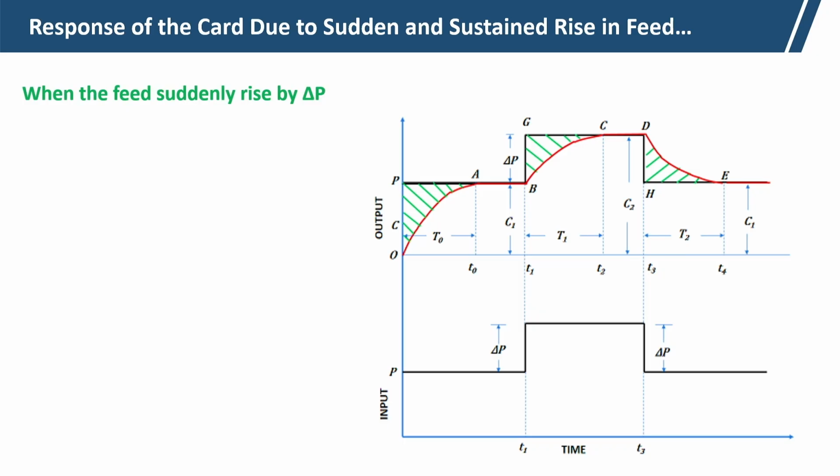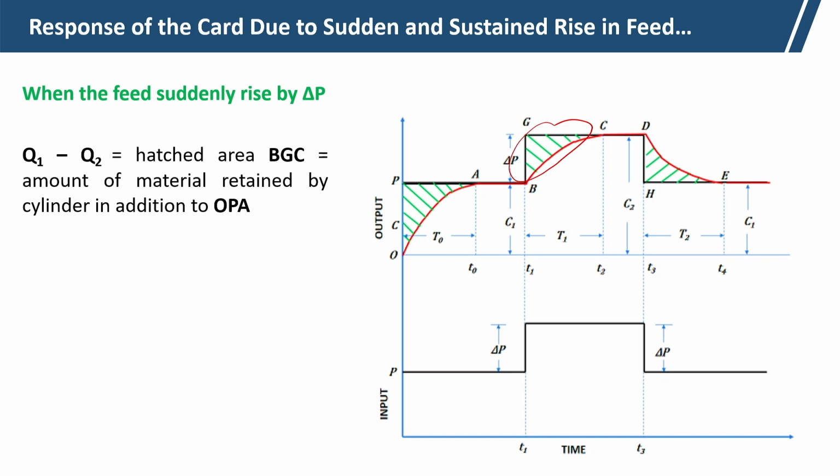Now, we will stick to this zone, where there is a sudden rise. So, the total hatched area, what is the hatched area? Q1 minus Q2. This hatched area BCG is the amount of fibers retained by the cylinder in addition to